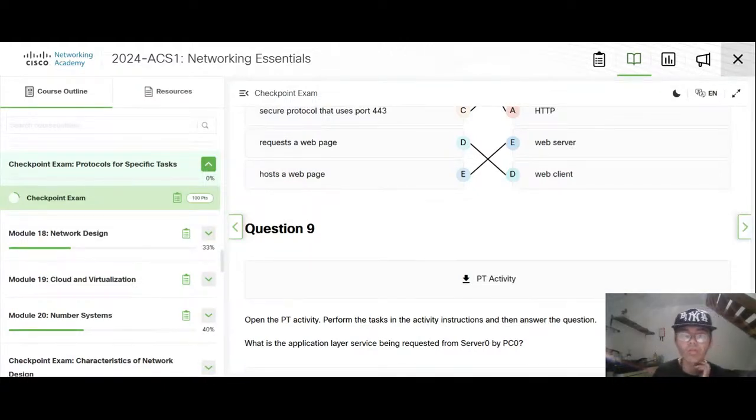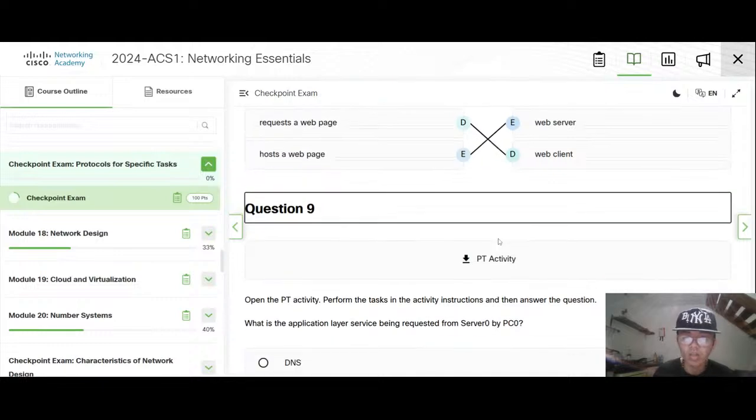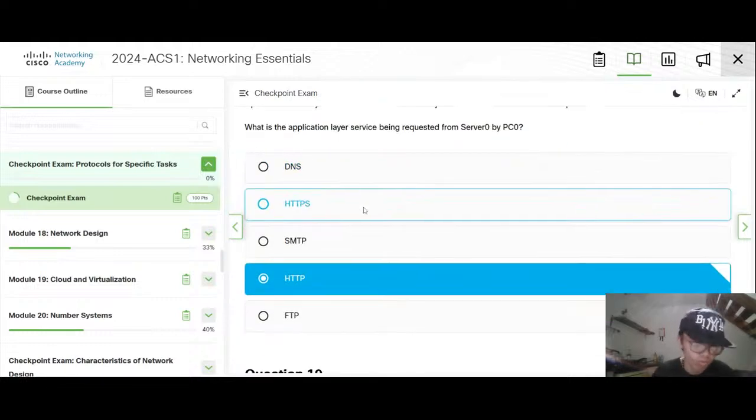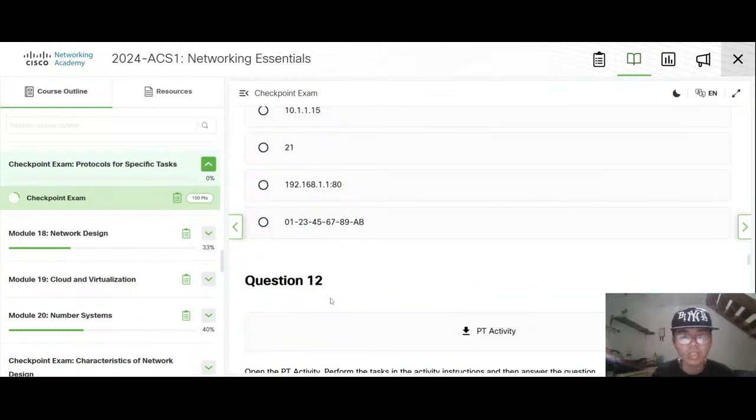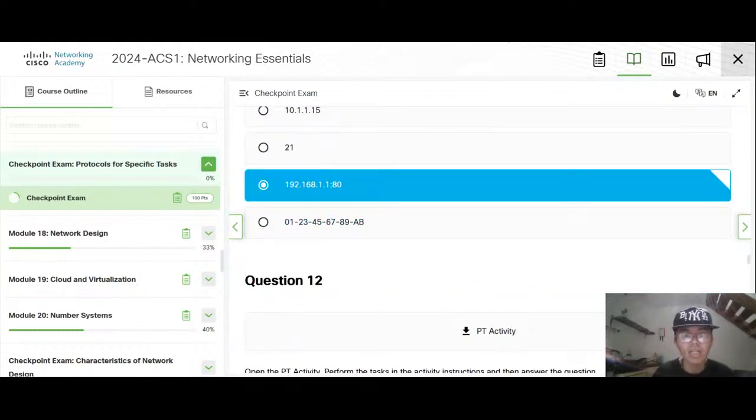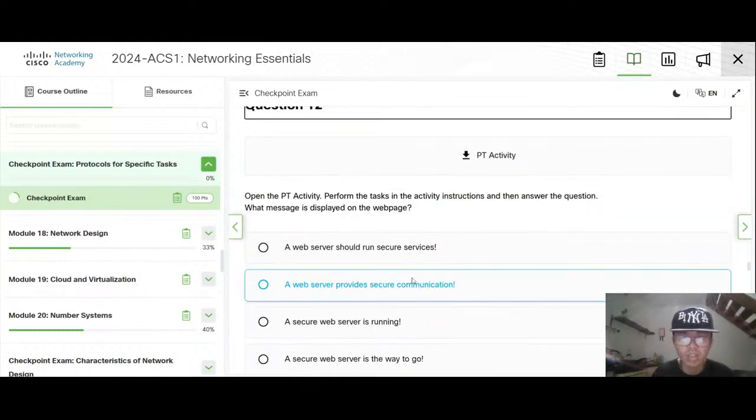Still not working. I do not know why. I actually don't really understand how to use this app. Socket. Again, a PT activity. Too much.